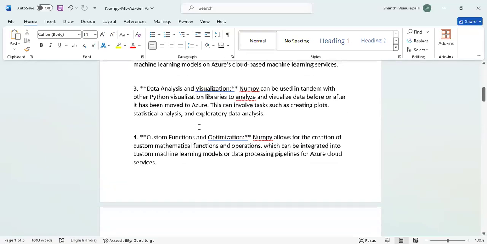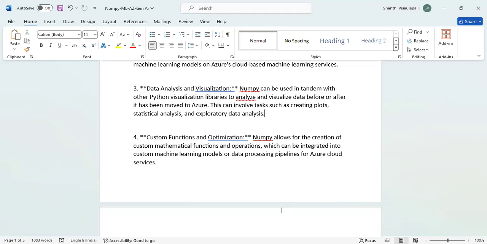Data analysis and visualization, if you see, NumPy can be used in tandem with other Python visualization libraries to analyze and visualize data before or after it has been moved to Azure. If you take Python, Python is a vast tool, I can say, either a scripting language or something like that.